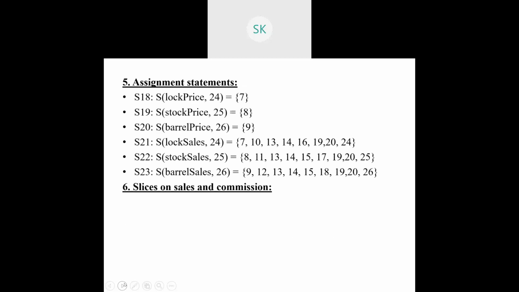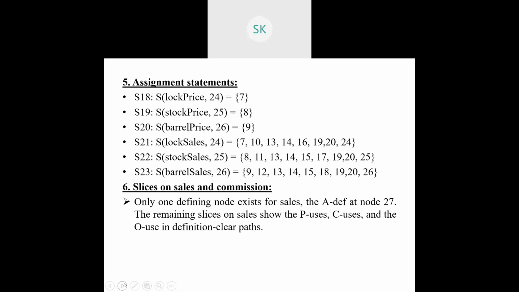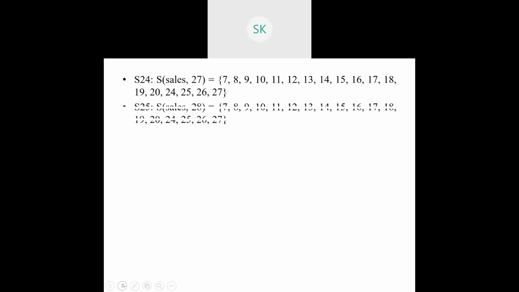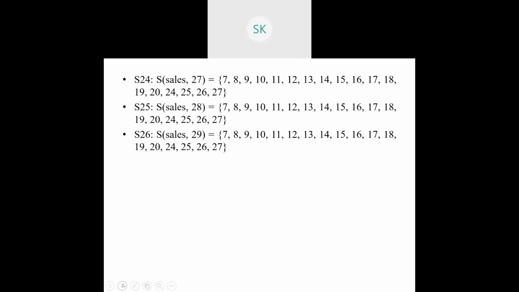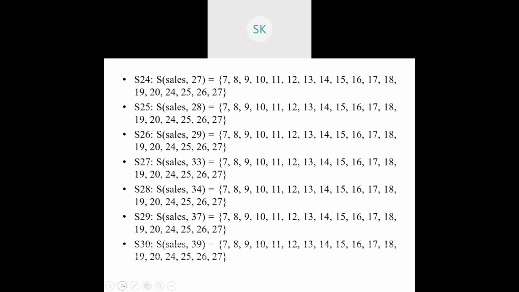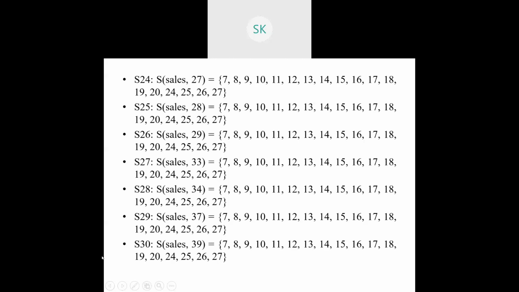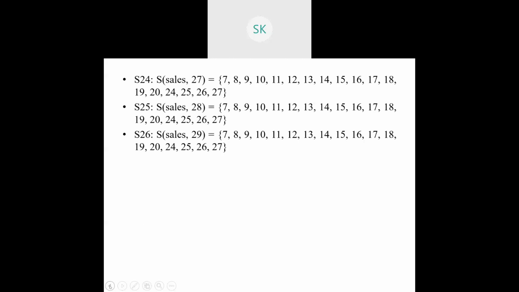Yeah, next one is slices on sales and commission. Commission, I'll just leave it to you to work out. Sales, I'll just give it over here. Normally with respect to the sales, you have a lot of things to do. Sales at the 24th, this is a slice that they have given. Sales with respect to where it will be giving it. It will come in multiple ways. You need to identify it. It comes around with respect to your multiple statements. So we'll just try to analyze it.